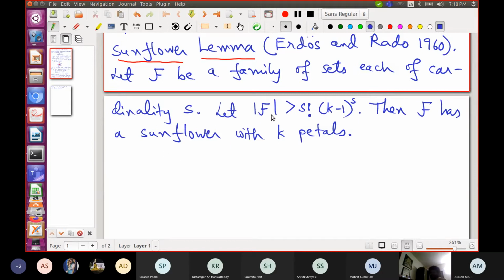So coming back to the tightness of this lemma, what is the smallest number that we can put here such that the statement still remains true?